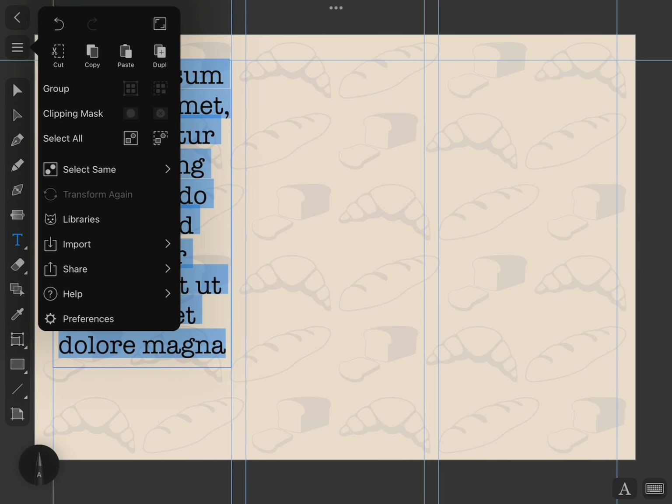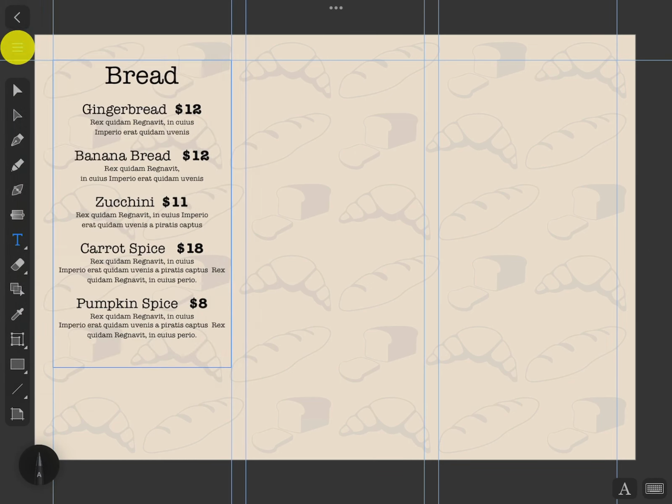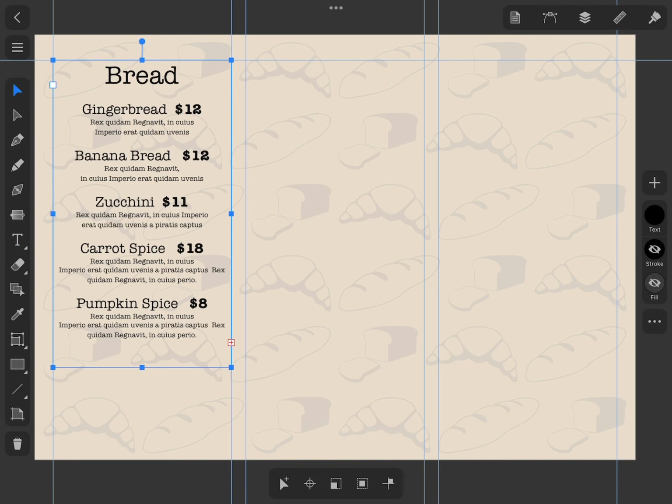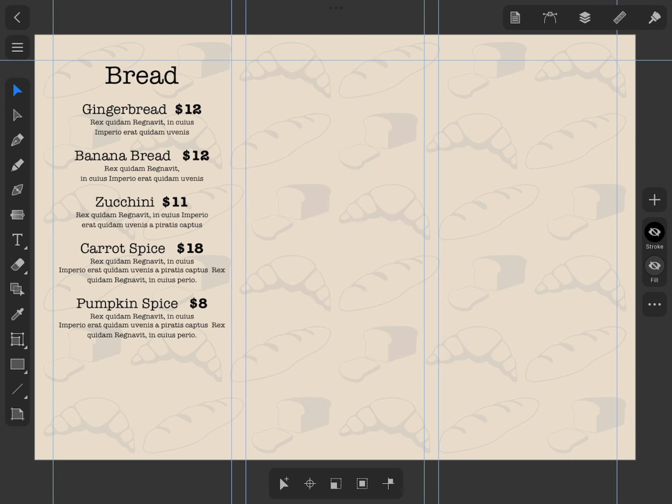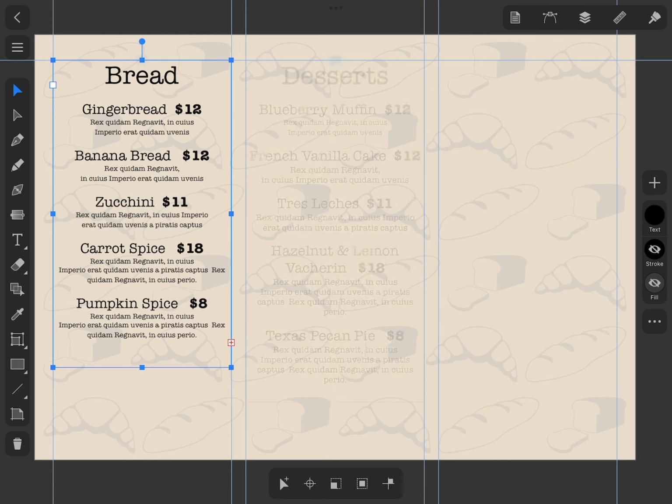We already know from the red plus icon that our text wouldn't fit into a single column. By using the plus icon to create a new text box, we link it to the first one, which allows the text to flow into the second column. The top of the frame displays a tag with the number of the text box in the sequence. If I delete the second column, the remaining first column will have no tag. This means that this text box is no longer a part of a sequence, so there's no need for numbering.